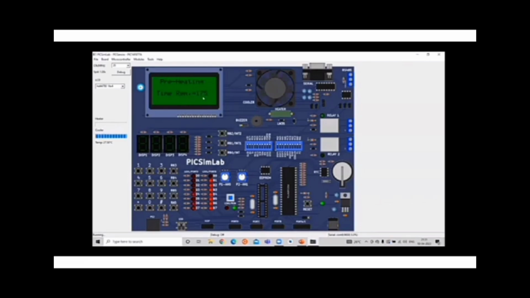To implement this mode, I have to press 4. It is automatically set to 30 seconds, so I do not have to enter seconds, and 5 is for pause and 6 for stop. Now it is cooking, and to stop this we have to press 6. The countdown shows it is running. Now the cooking time is displayed, so I have implemented all 4 modes in my project.